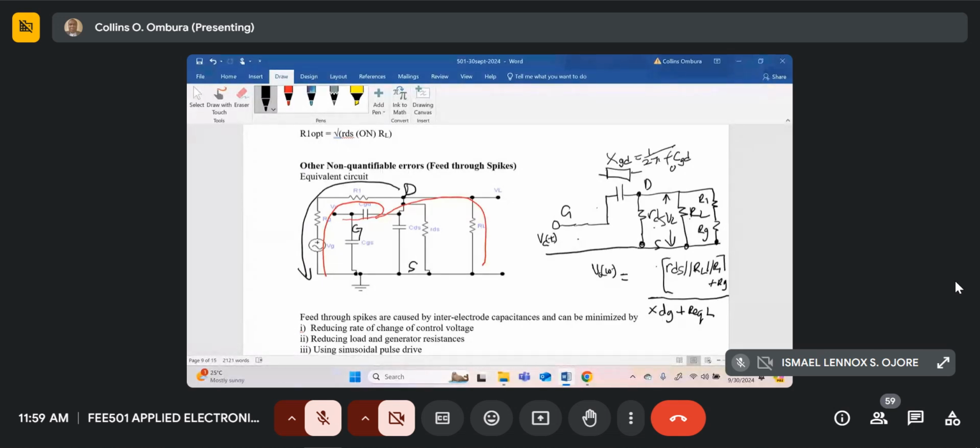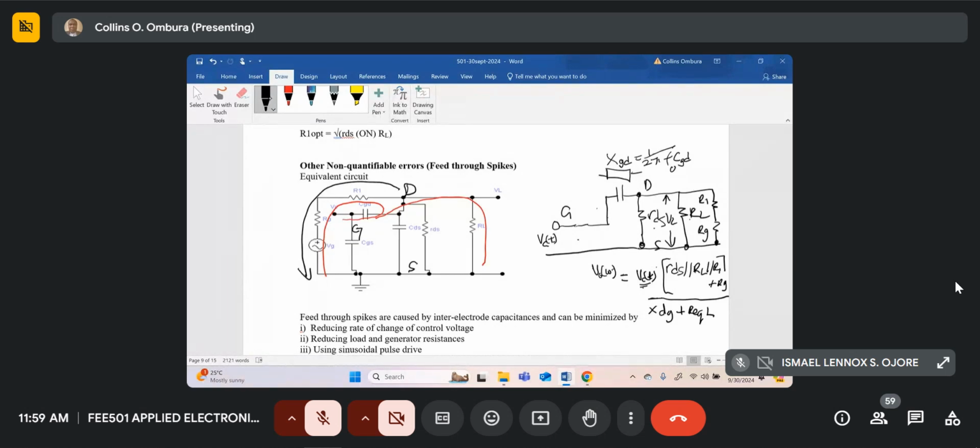V times the amplitude of VC of t. Here, this is just the amplitude. So if you look at this equation over here, if RL is 0, the whole of the numerator is 0. Of course, RL is not 0. So if you look at this equation,